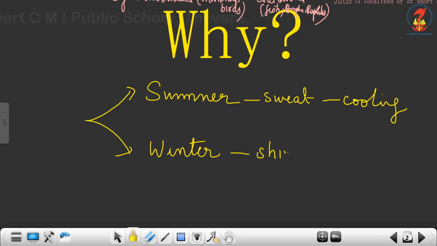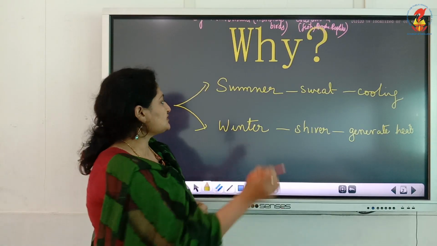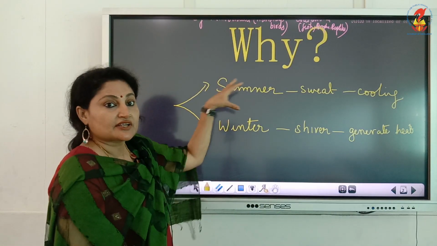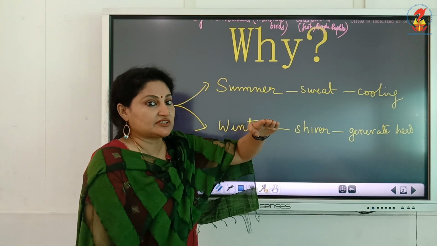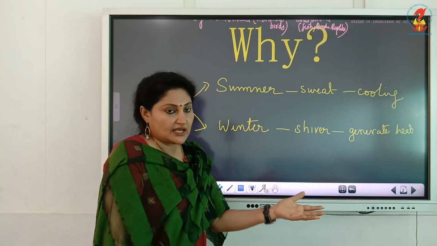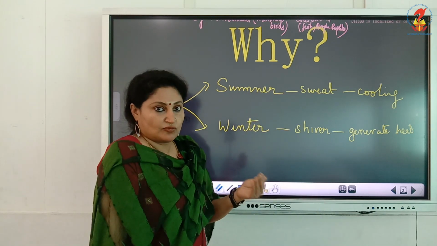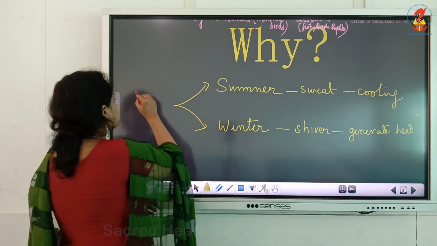We shiver. This is a strategy to generate heat. When we shiver, it is a blessing. A lot of heat is generated. So this is how it is regulated. Our temperature is regulated, and our temperature is constant, 37 degrees Celsius. But during summer we feel cool because of the sweating, and during winter we feel warm when we shiver because heat is generated. So this regulation is called thermoregulation,